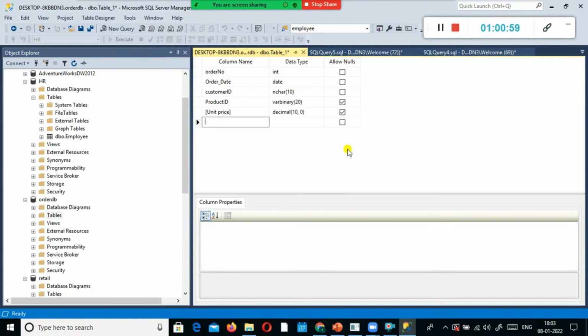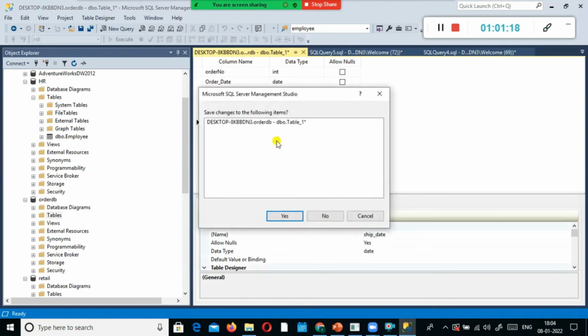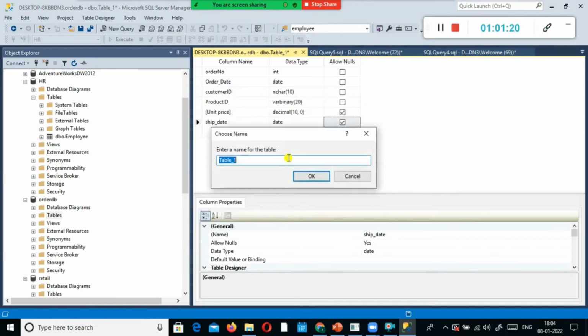Okay, let it be there. Product ID cannot be null, and here I'm going to say shipment date. Got it? So I just select this one and click yes.